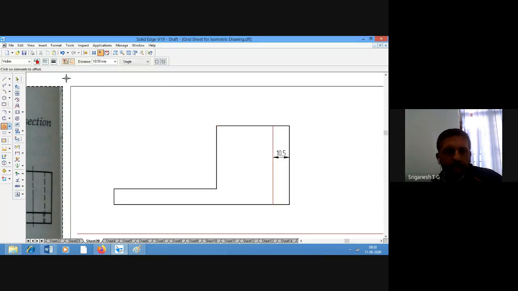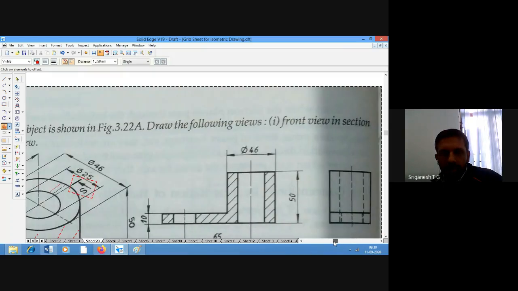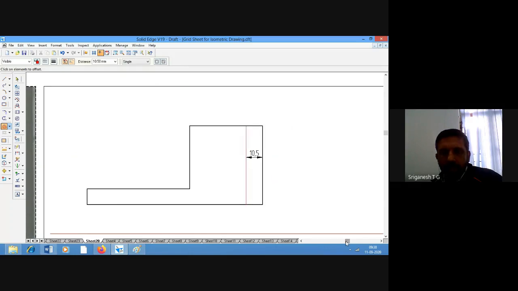And similarly, what is this diameter? 25. Now the same thing, I can go for offset 25, select this particular line, place it here.